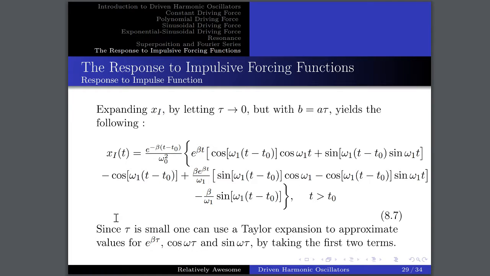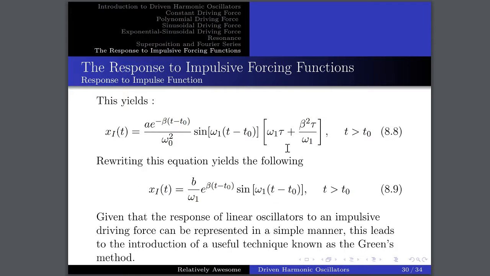Moving on, since tau is small, one can use a Taylor expansion to approximate the values for e to the beta tau, cosine omega tau, and sine omega tau, and by taking the first two terms, we yield the following. And rewriting this equation in terms of b and omega 1, we obtain this solution, which is exactly the same as this one. And given that the response of the linear oscillators to an impulsive driving force can be represented in such a simple manner,